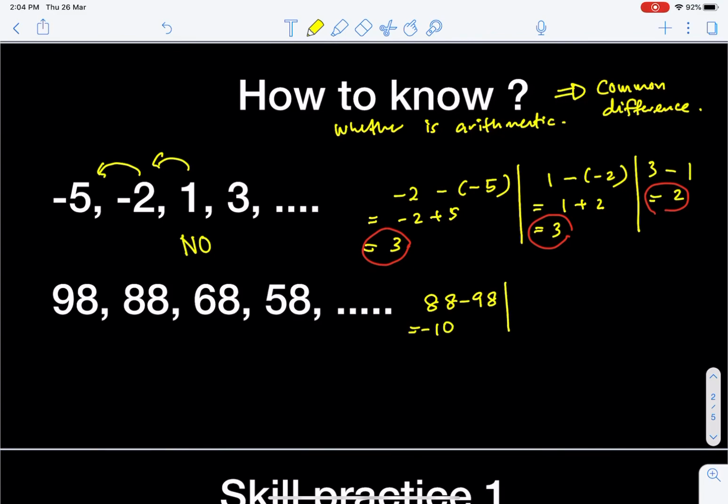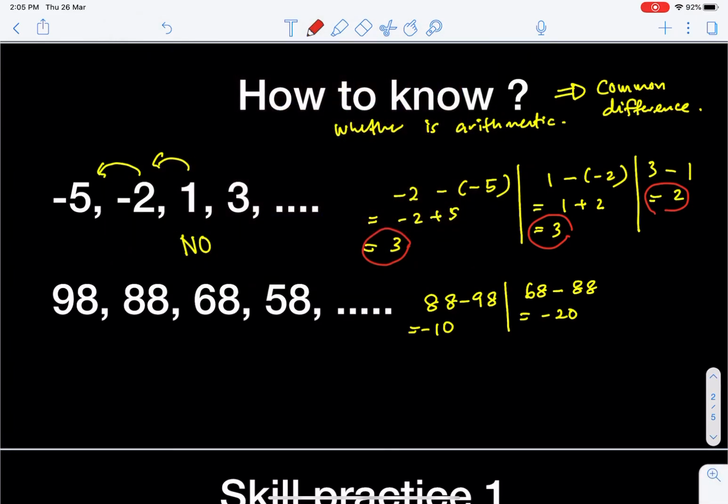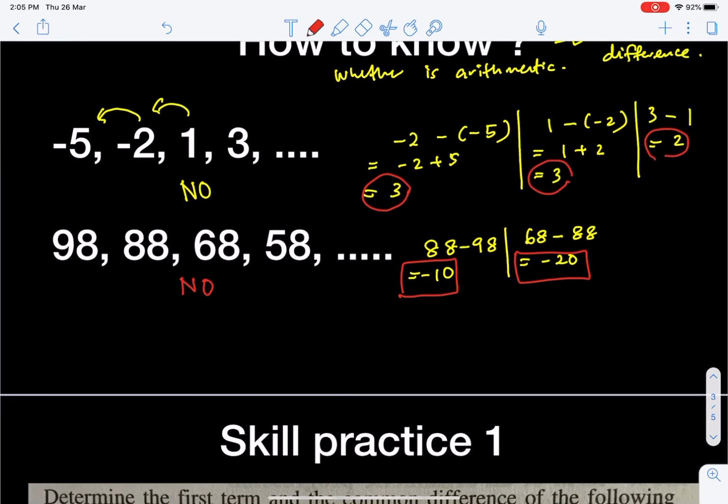Okay, next. 68 minus 88 will give us negative 20. We can finish the checking, because it already tells us that it is also not an arithmetic progression, because it doesn't have any common difference. Okay,